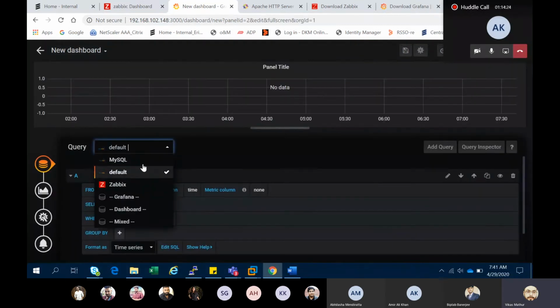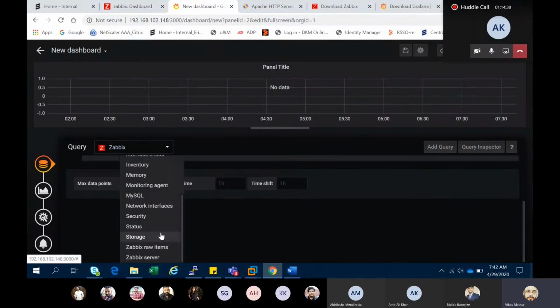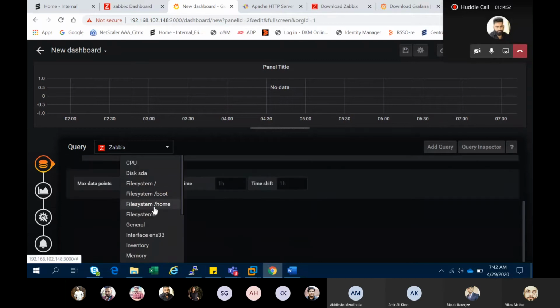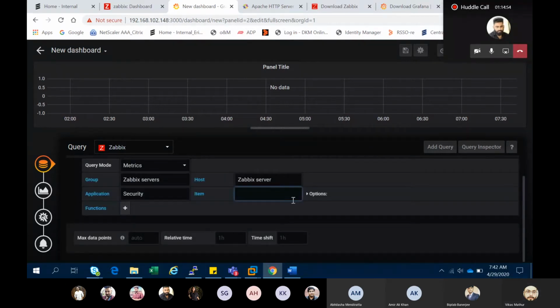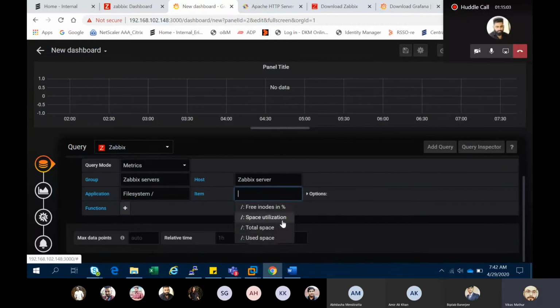There are a lot of things you want to monitor on my server. I am monitoring my Javix. If you want a metric, for example storage, or anything like that.